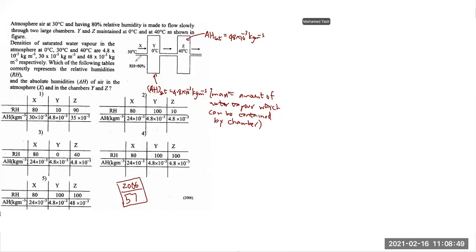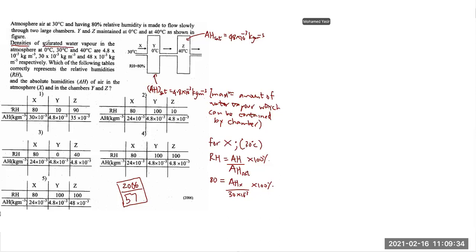Right. Fine. So let's see how much we are sending into chamber Y from X. Right now for X, you can apply the relative humidity equation. RH is equal to AH over AH saturated into 100. Now look at AH saturated. Now X is at what temperature? 30 degrees Celsius. RH is given as 80. Okay. AH we don't know. AH of air in X divided by AH saturated. What is the value? It should be 30 into 10 to the power minus 3. Careful. 30 into 10 to the power minus 3 into 100. How do I know it's 30? It's given in the question.